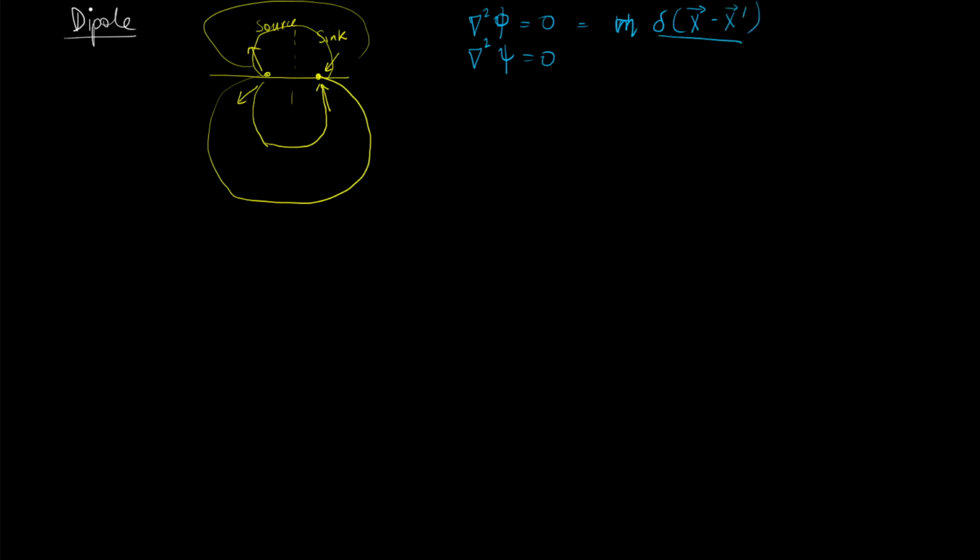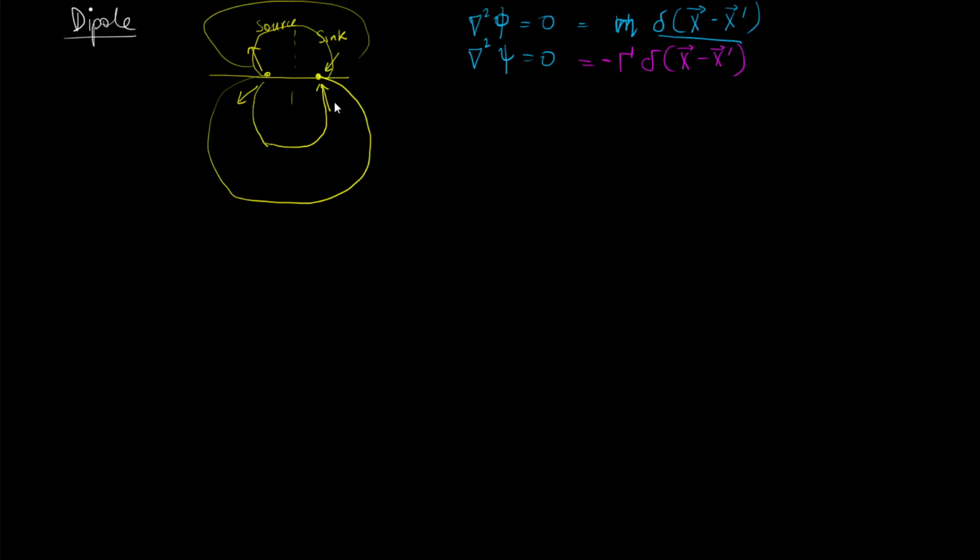So this is the delta function that we've discussed in the previous lecture, and if there is a point vortex, then we have a minus delta x minus x prime. So we've already seen the fundamental solutions of these,